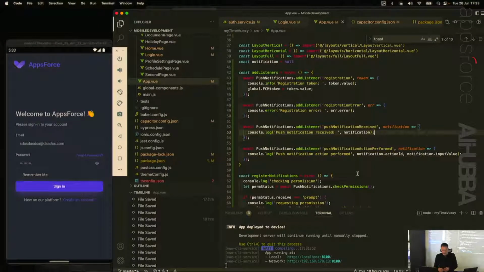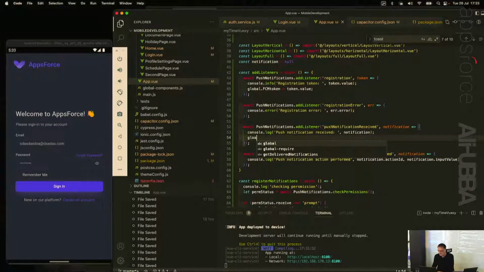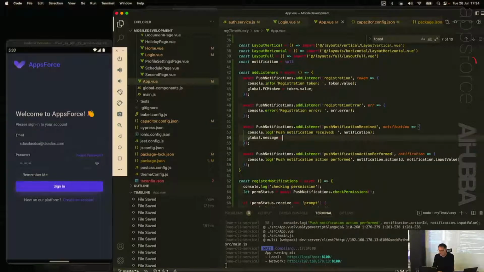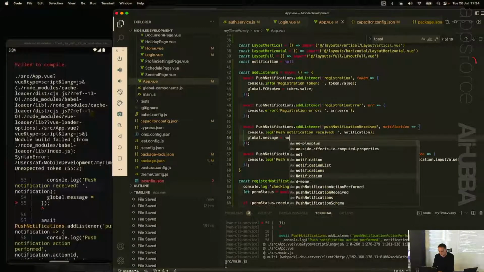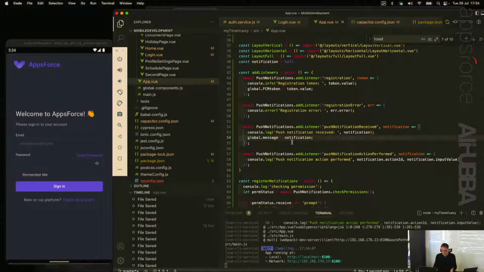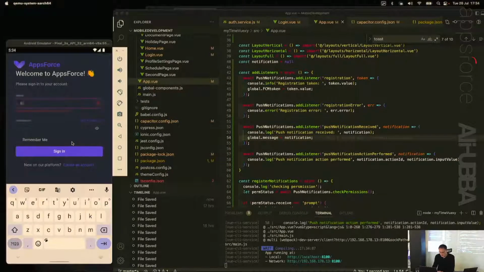Okay, so for what I really want to do here at some stage is maybe I just global message equals notification. So basically, whatever message you receive, I store it as a global message, okay? And then what I really need to do is when I log in, and I will log in here now,